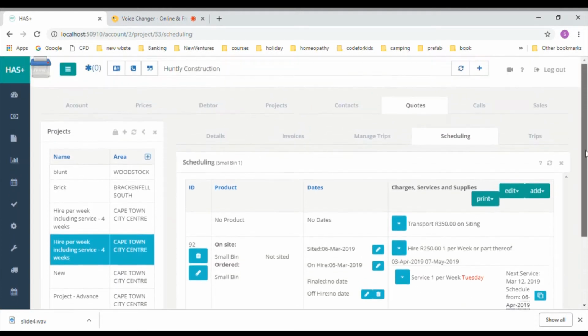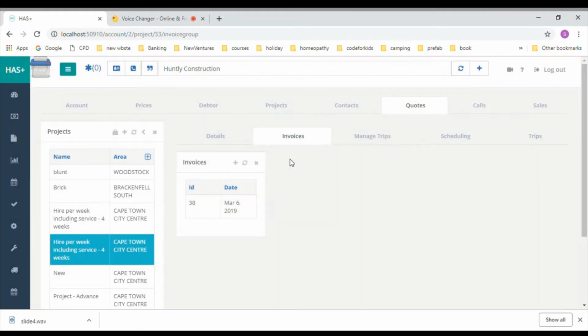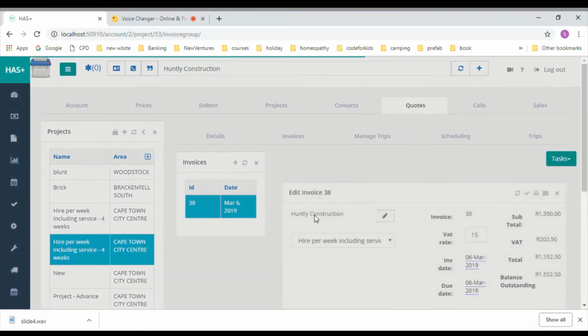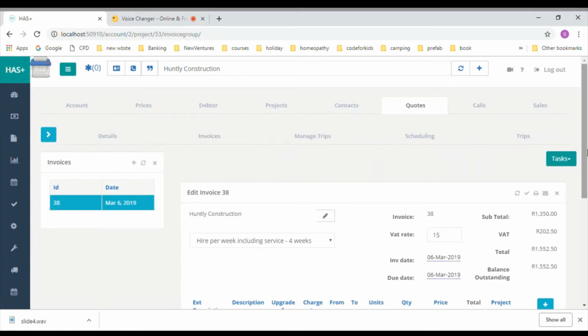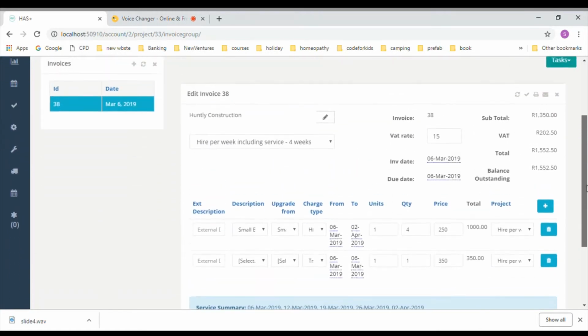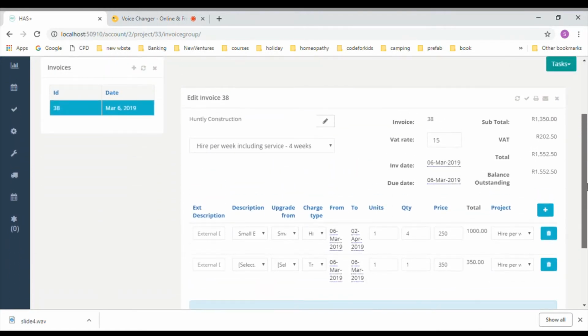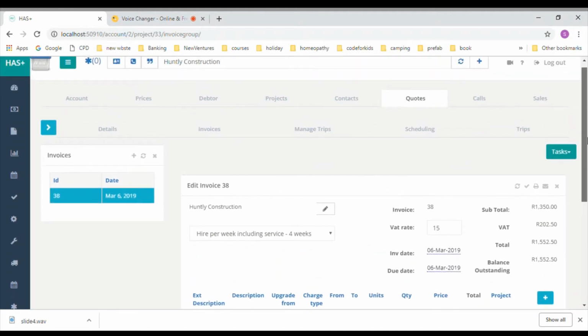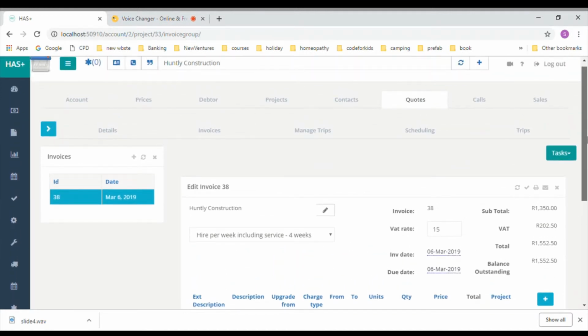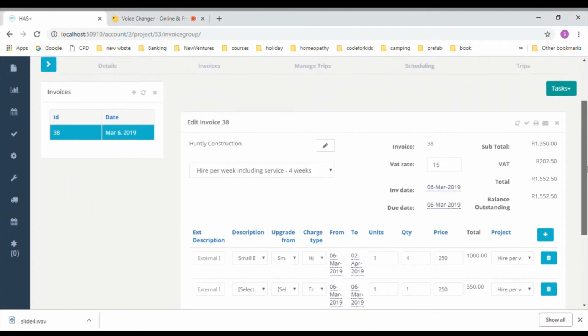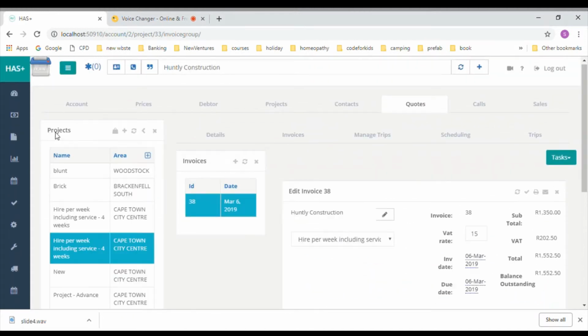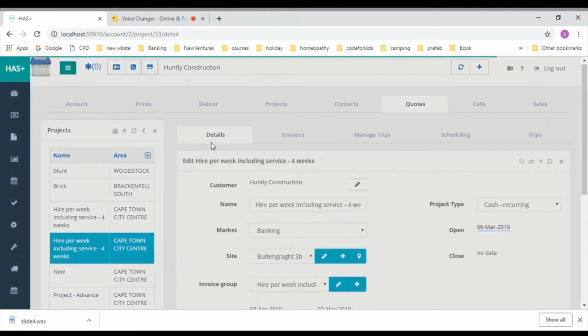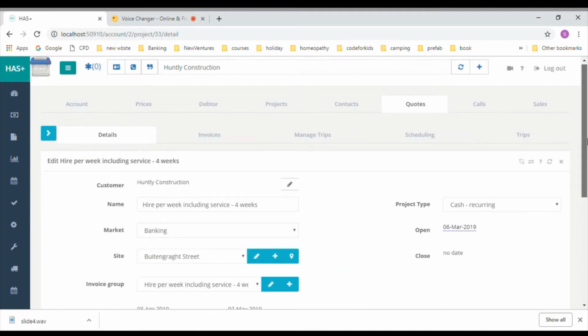The initial invoice has been run in the Invoices screen. The scheduling for future invoices has been set up in the Project Details screen.